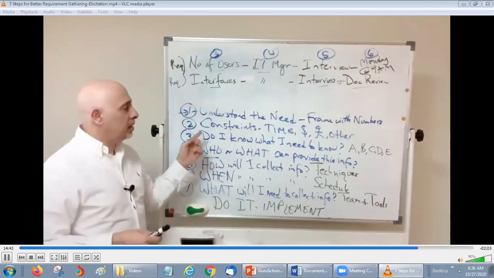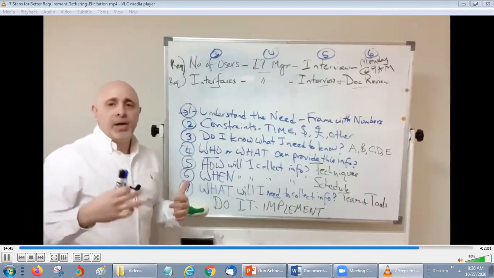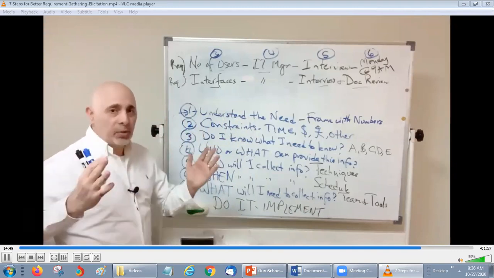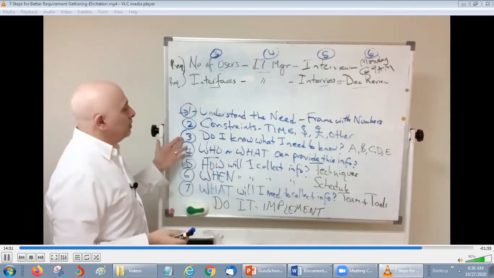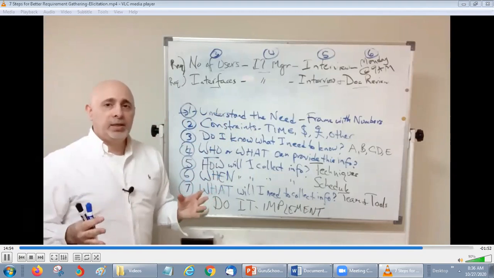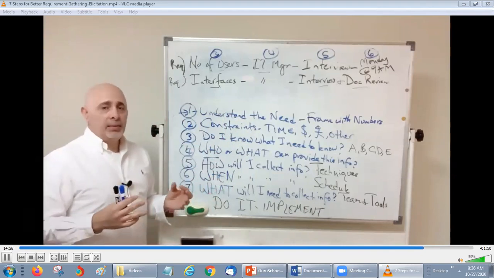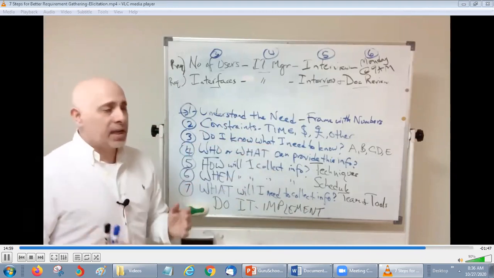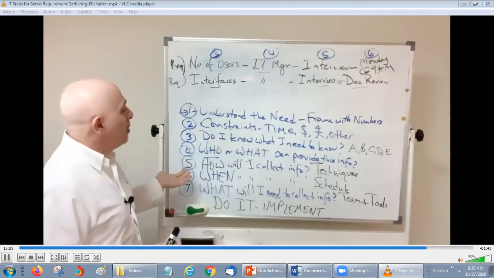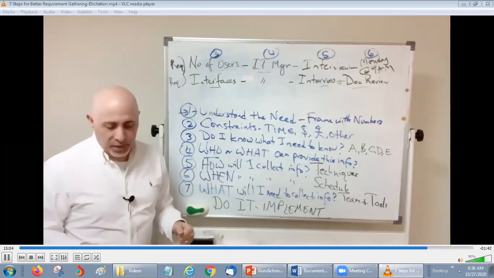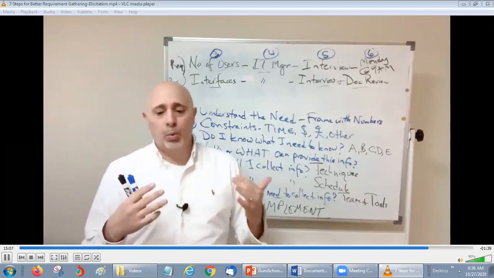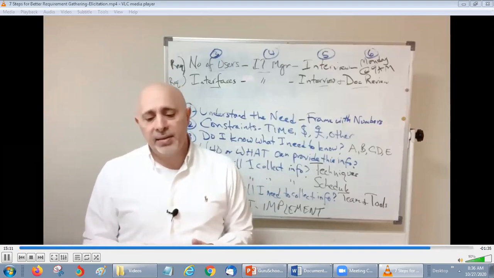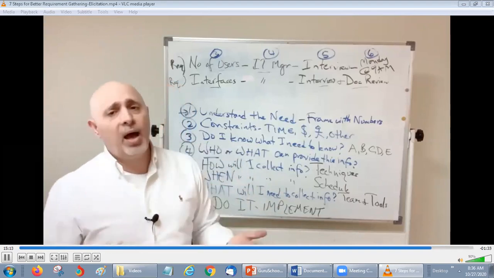Find out what the constraints are, which is step number 2: time, money, people, resources, location. Find out what boundaries they put for you. And then step number 3, ask yourself, what do I need to know for me to get this done? And this could be pieces of information or gaps in the information. Once you know that, ask yourself, who will provide you this information, or what is the document that will provide you this information? If you can figure that out, then go to the next step, which is, how would I collect